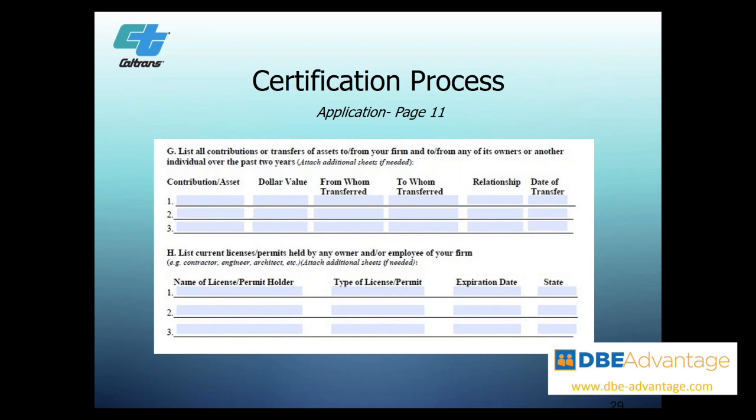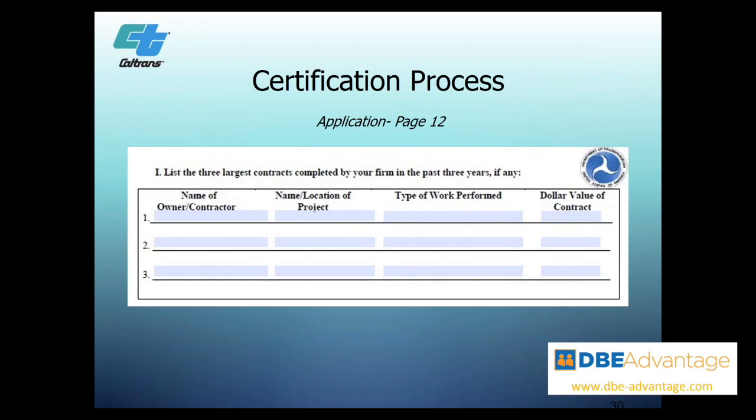And then the next section here is current licenses and permits held by the owner or the employer firm. This is key if you are an engineering firm, an architectural firm, or a contractor with a contractor's license, because one of the areas that will be looked at is whether you or one of the qualifying owners has the license. Is the license in their name, whether it's an engineering license, an architectural license, or some kind of contractor license? If it's not, it could be a big hurdle for you when you're relying on somebody else's license to manage and operate, for example, your construction business.